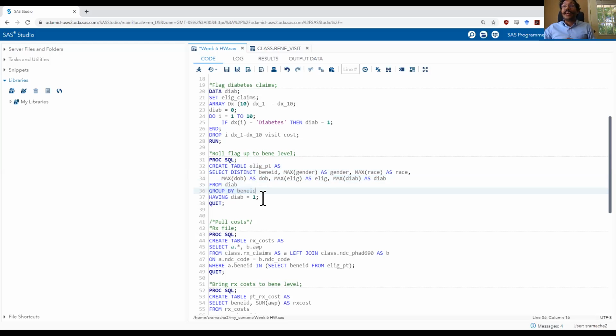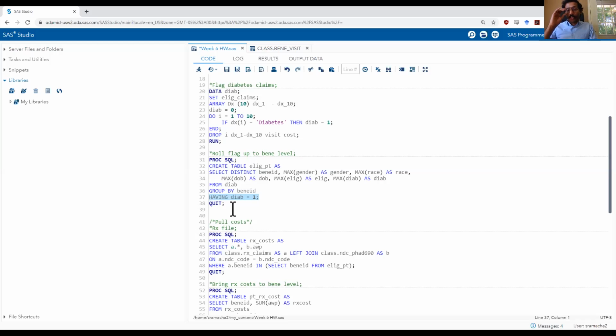On top of this, I have the having statement included here. You may not have used the having statement. In fact, so far out of all of the 6 weeks, I have not shown you how to use the having statement. I remember I may have included a comment in my Proc SQL code in week 5 where I said, you can go look up the having statement if you want to use it at a later date.